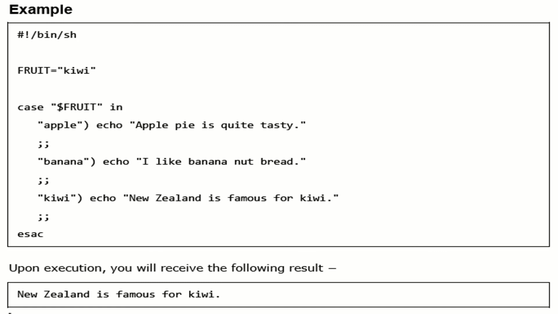Else it tries to match with banana; kiwi is not banana, so this condition does not hold. Then move towards kiwi; yes, the condition is met. This pattern matches the fruit pattern. Automatically, New Zealand is famous for kiwi fruits is printed after execution of this program.